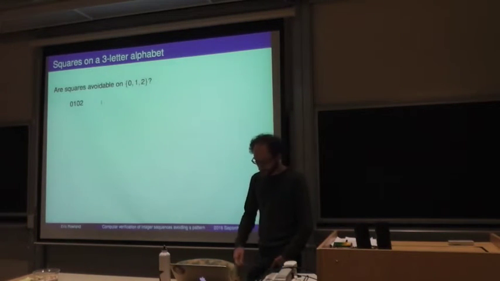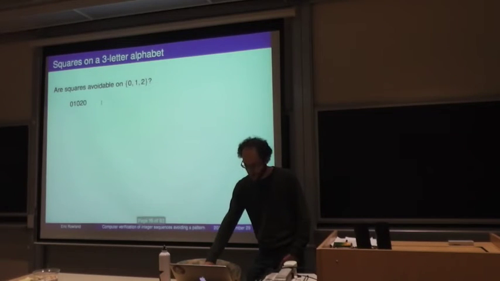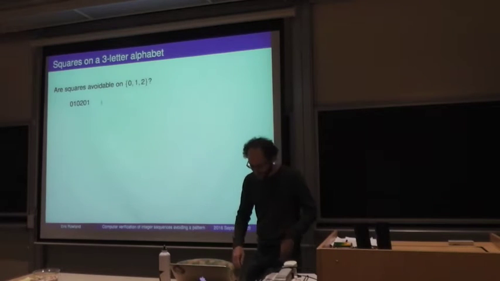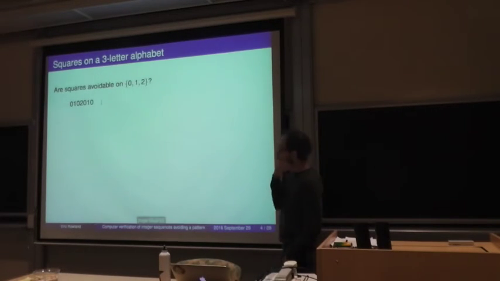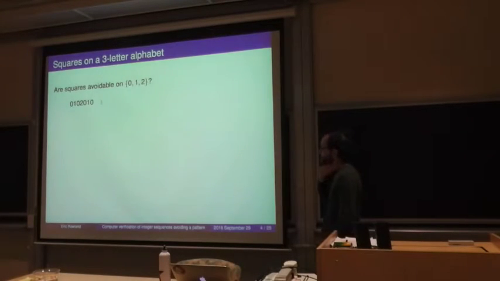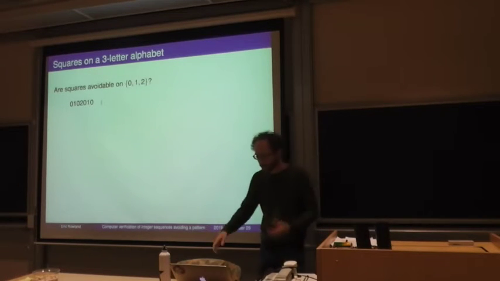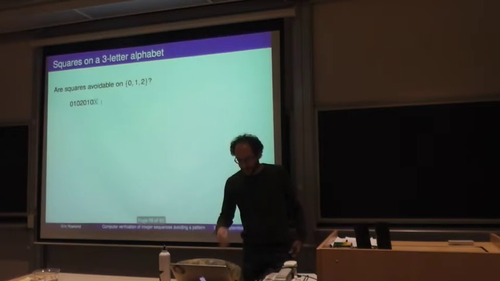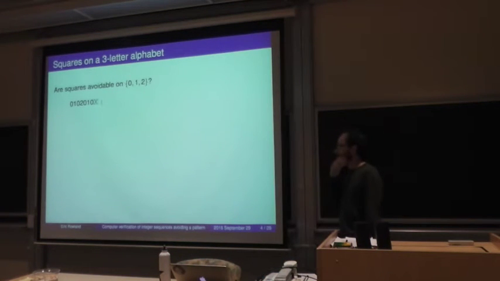Now what? We can put a 0 again, I think. Right? We can't put a 0, but we can put a 1. We can put a 0 next, because, so now you have to check, right? And it takes a little longer to check, but if you put a 0, you still don't have any squares. Now we can't put a 0, we can't put a 1, because 0, 1, 0, 1, but we also can't put a 2, because 0, 1, 0, 2, 0, 1, 0, 2 is a square. So it looks like we're out of luck.